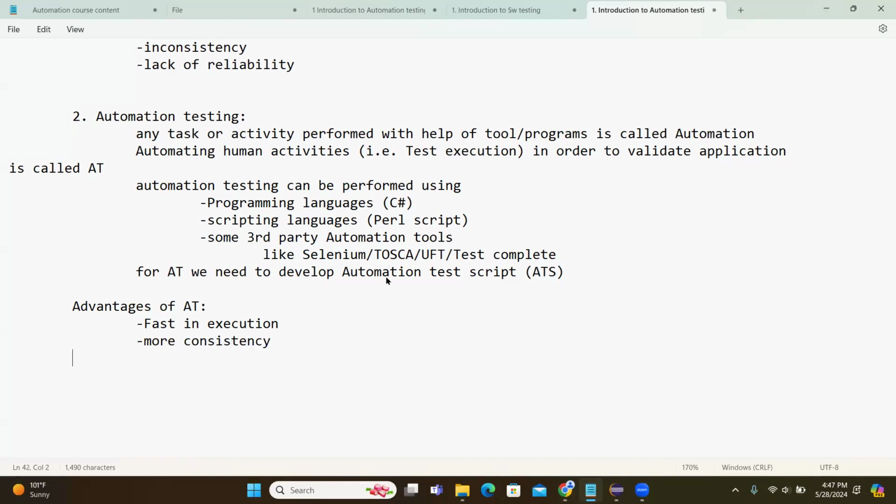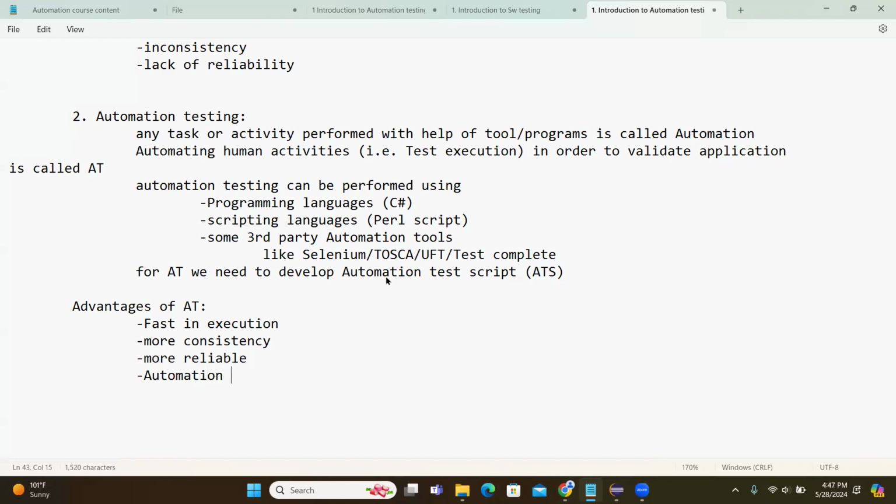Tools have no tiredness, so the tool will always give the same attention to testing the application. It is more reliable, meaning we can avoid human mistakes. About this, the other advantages are